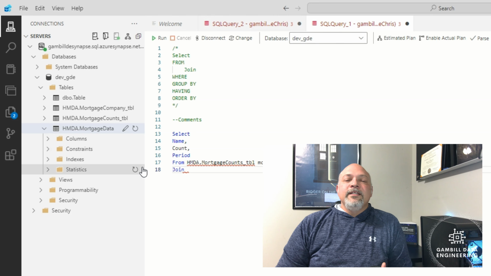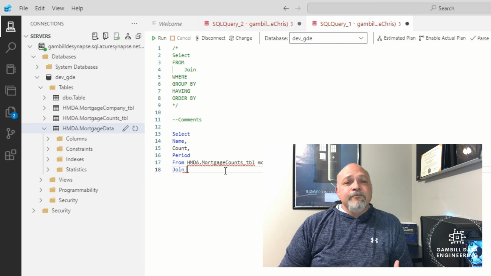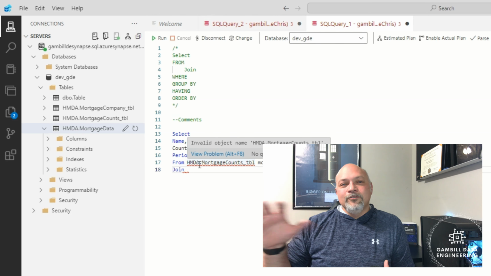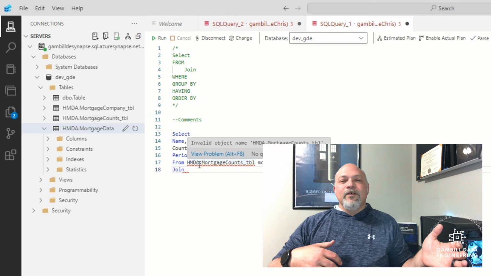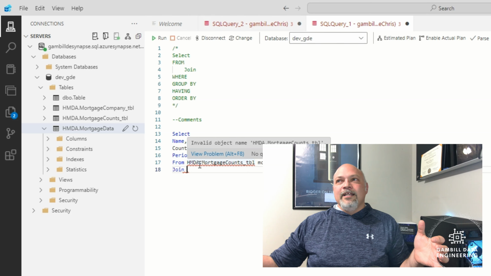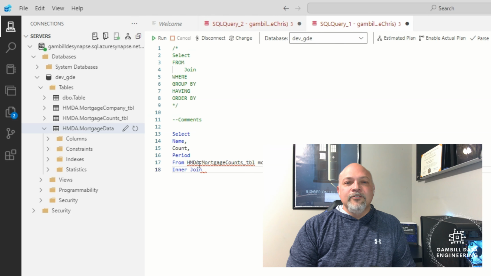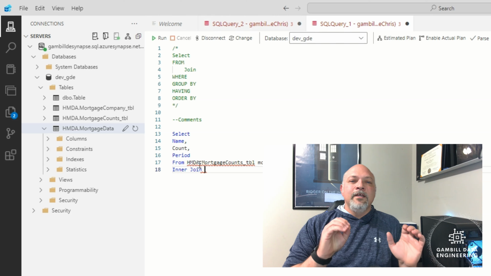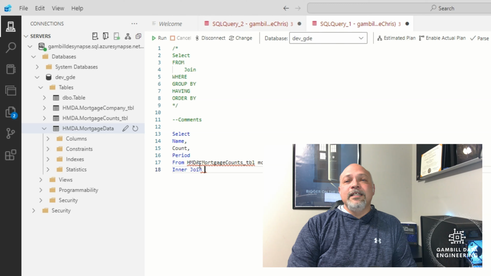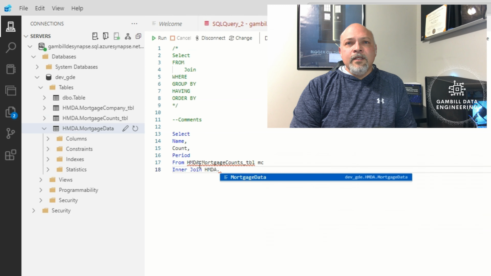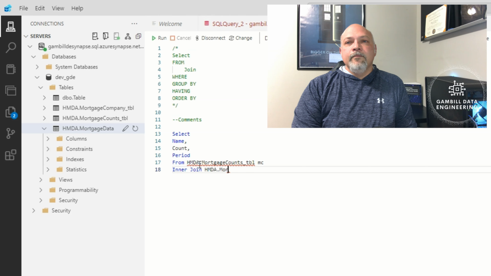If you just put join, then it's going to be either a left join or a right join. It takes whatever's in one table, joins it to the other table. A left join or a right join will take everything in one table and then return the additional fields and additional data from the other table if it exists. Inner joins only return data if the data exists in both of the tables. So for example, today we're going to do an inner join, an HMDA, and you'll note mortgage company,